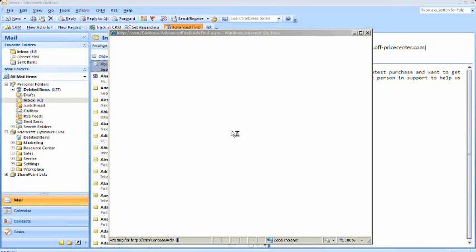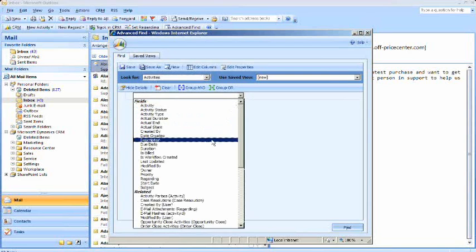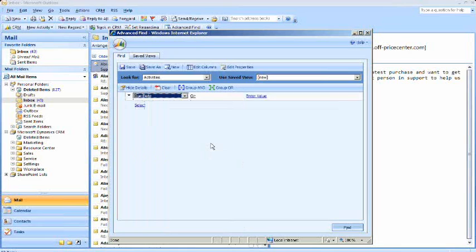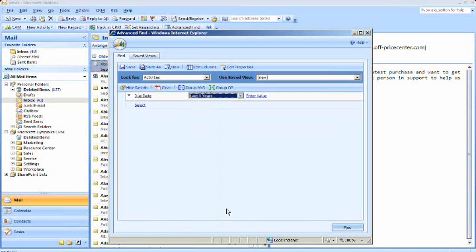When this opens up, I'm going to go through and select my criteria, select the entity that I want to run that criteria search on. So we're going to be looking for activities. I'm going to select this drop-down menu, and I'm going to say due date equals last X years because I want to capture everything that is past due or due today. So I'm going to say 25 years. That should cover everything that's within our